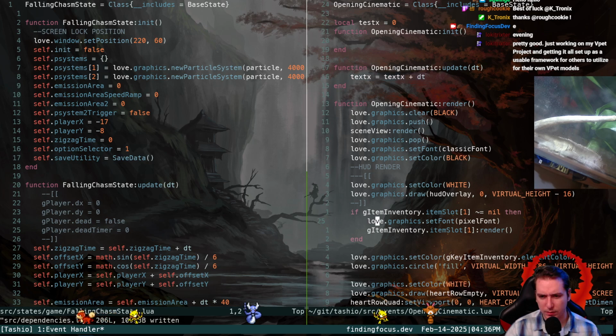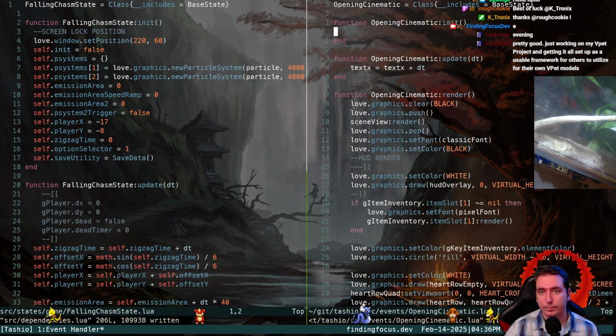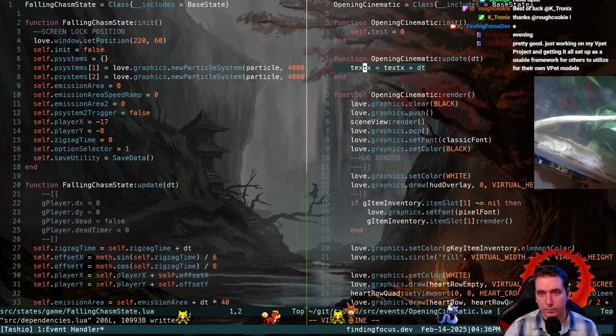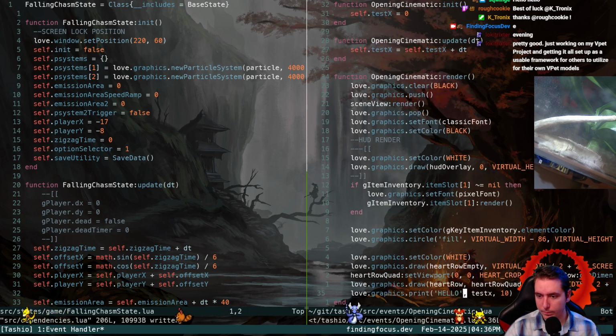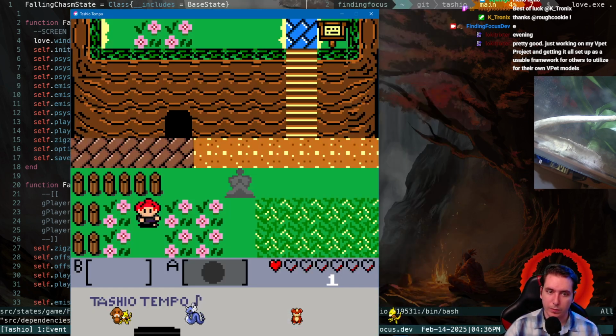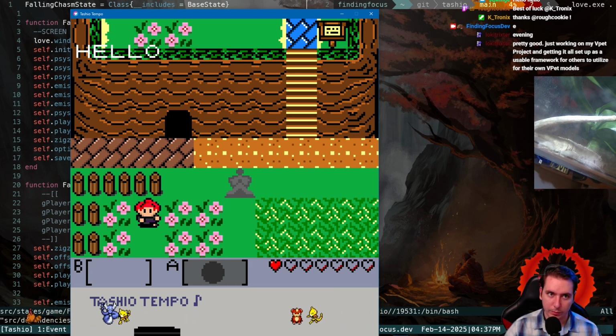Test X. Okay, so after 2 seconds, we should see hello, and it should move left, which it does based on delta time. So if we do it this way, you know, we would say